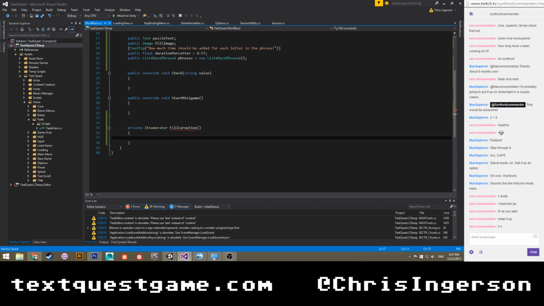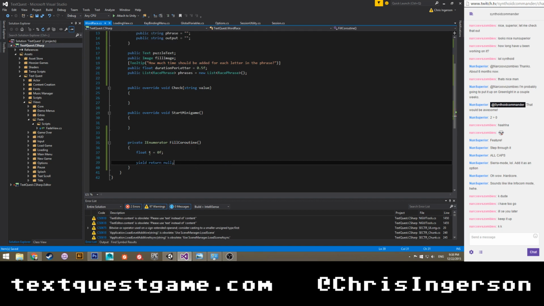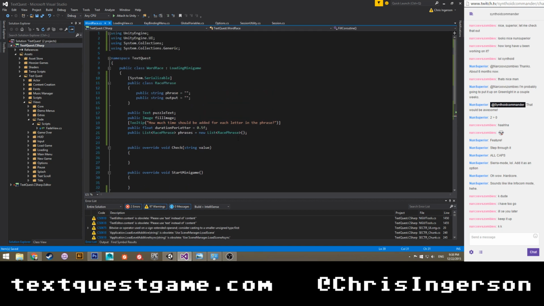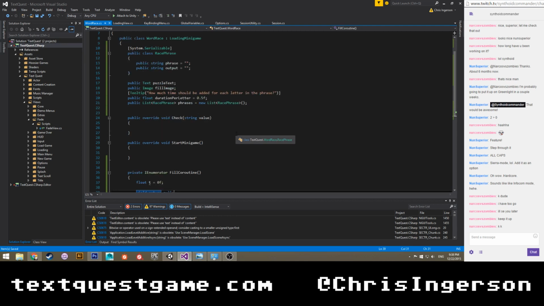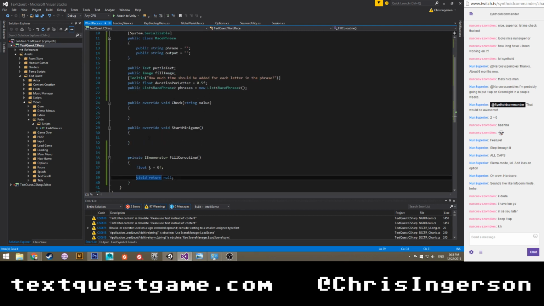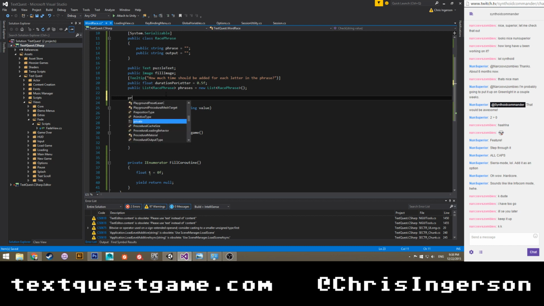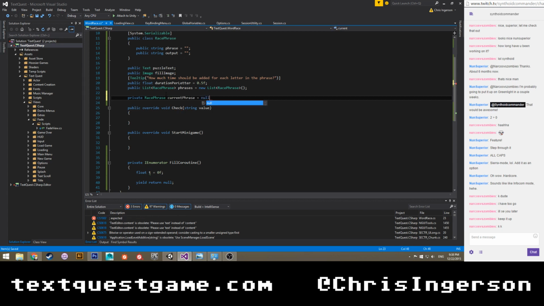And then float t equal to 0f, yield return null. We'll just do that. Okay. So private race phrase current phrase equals null.